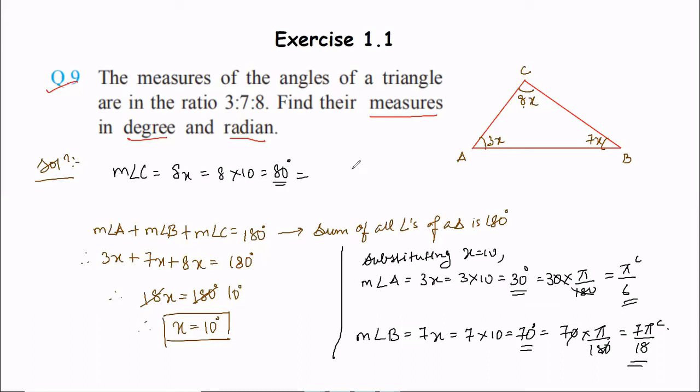So we also have to convert it into radians. So pi by 180 we multiply with, cancel, 4, and this is 9. So this is 4 pi by 9 radian. So that's the answer for all the three angles. Your answers are 30, 70, and 80 degrees respectively. So you can copy the solution. We'll move to the next question.